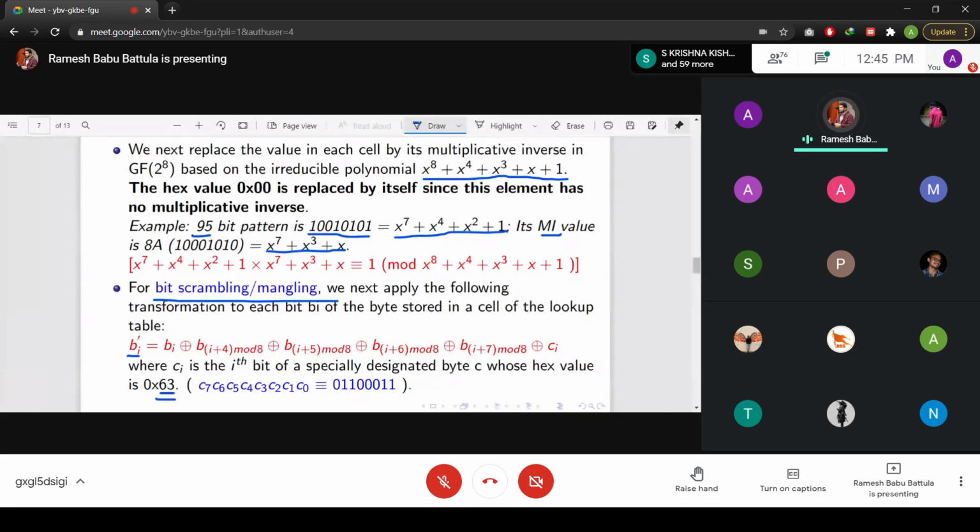So we will write all this like this. Suppose my i value is 6. This is the B6 bit, and in my i I have 8 bits. The first one is going to be B6. The second one is 6 plus 4, 10 mod 8 means 2, B2. This is 6 plus 5, 11, B3. This is 6 plus 6, B4, and this is going to be B5, and your ci value. Remaining all are going to be zeros.